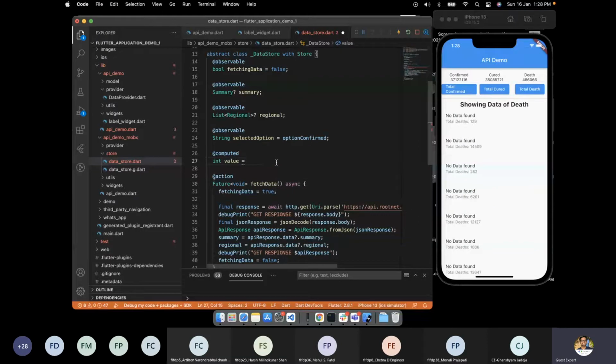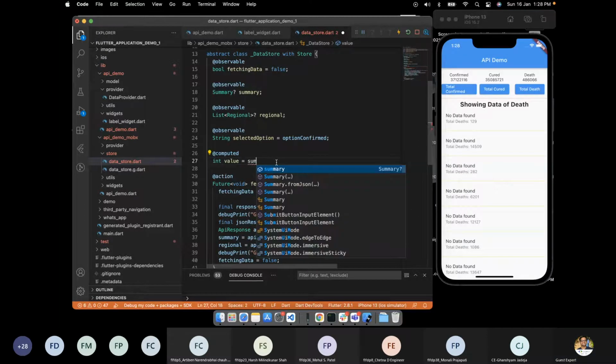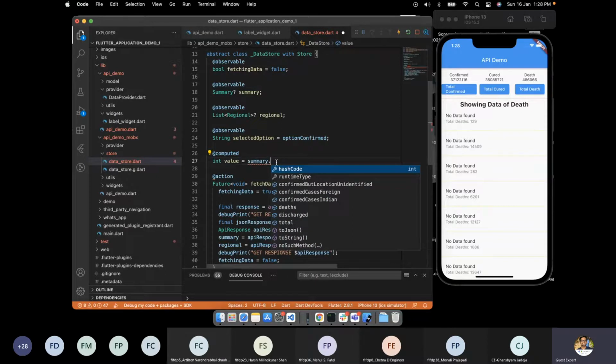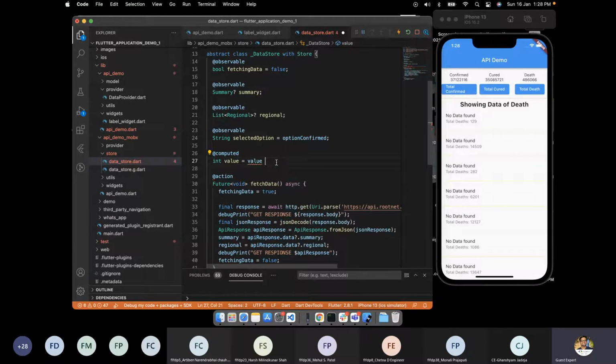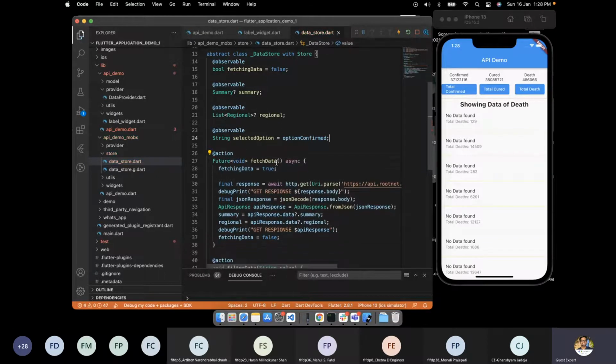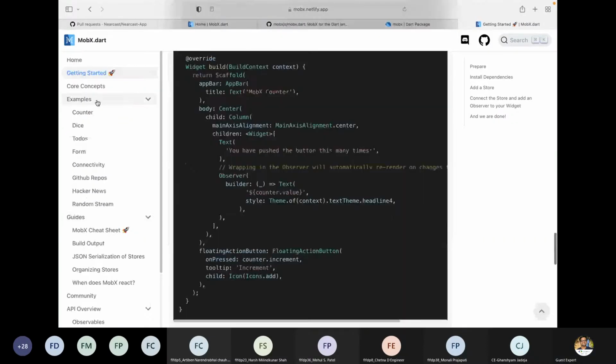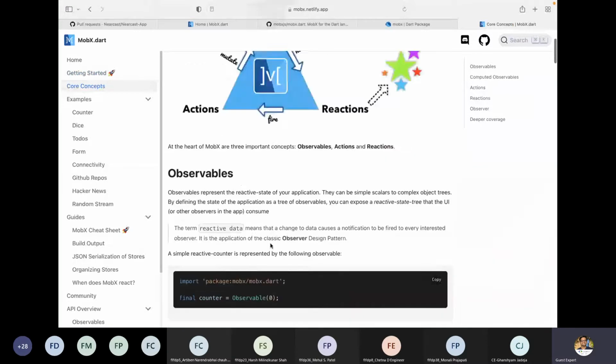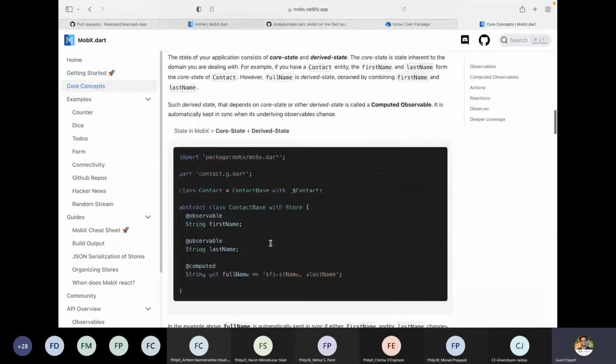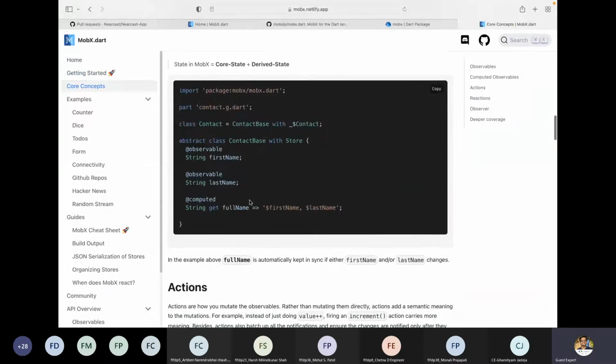Or we can have summary. Hold on, how can I demo it? Let me just demo it from here itself. In observables computed, it actually gets the data from the observables, first name and last name.